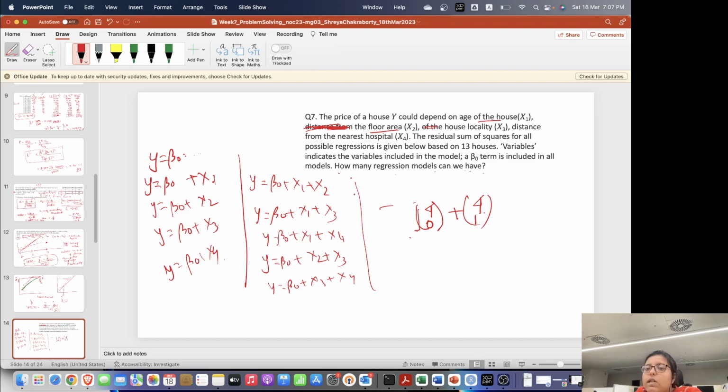Choosing 2 variables out of 4 can be done in 4C2 ways. Similarly, choosing 3 variables from a list of 4 can be done in 4C3 ways. And finally, if we choose all 4, then we have 4C4, which can be done in only one way. So this is 1 plus 4 plus